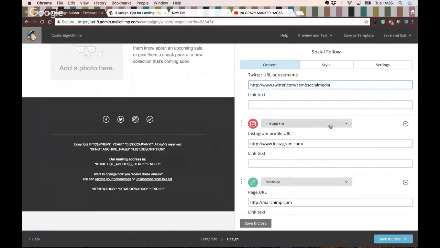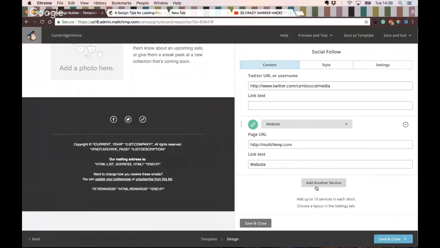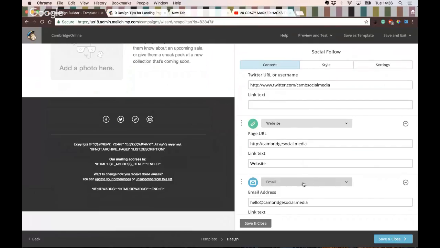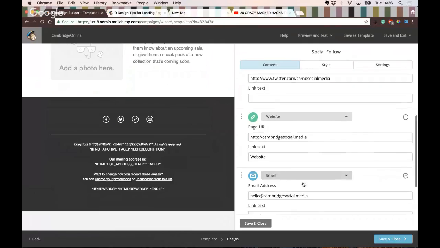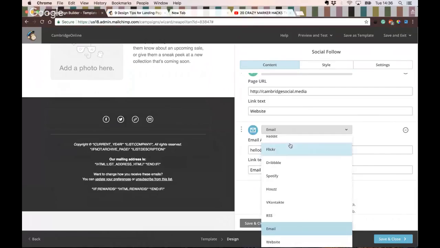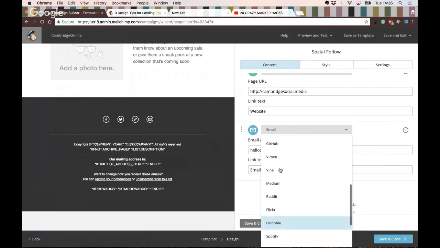And if you don't want to use Instagram, you can always remove this network here. And if you want to add more, then you can add another service. It might be an email, so you want people to be able to email you, or you can add a different account. They're really specific accounts. If you have a Spotify, if you have YouTube, if you have Snapchat, anything that you want, you can add